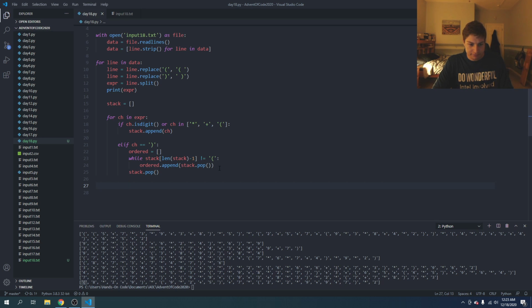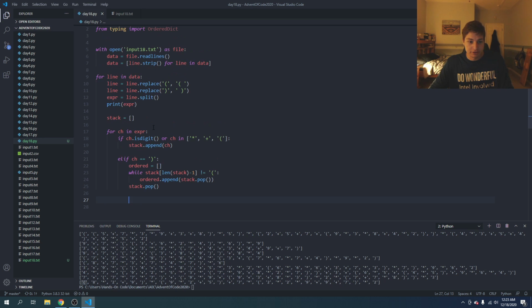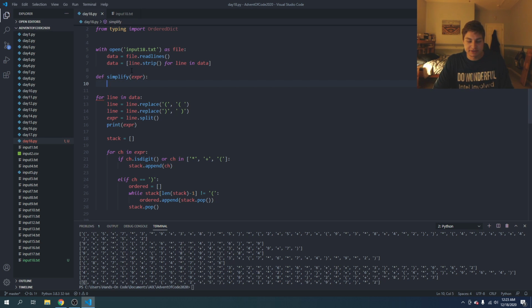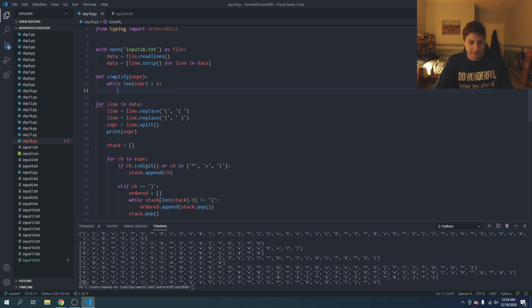Okay, and then we need to write a function to simplify an expression that has no parentheses. So we're going to say def simplify, and we'll give that an expression, and it could be the case that the expression that we give it only has one character, and we're also going to be simplifying it down until it only has one character. So we'll say while length of expression is greater than 1. So basically, while there's stuff to be simplified,